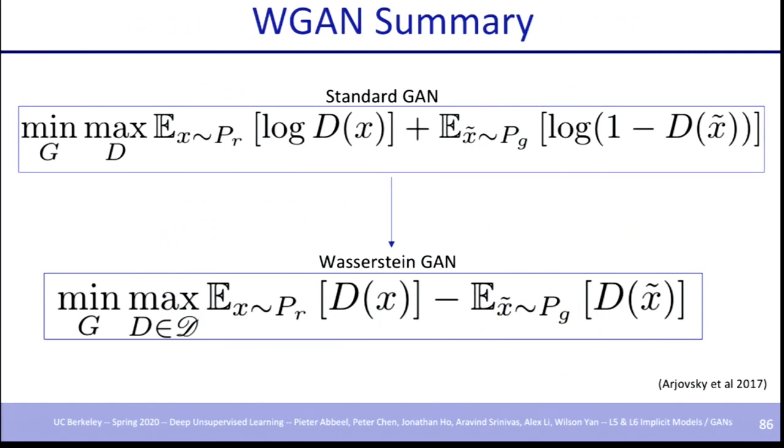So the summary of WGAN, in my opinion the most useful summary, is that you're basically moving away from the saturated binary classifier version of GANs to something like a critique, where D is a critique, and your generator is just optimizing this particular objective. And this max over Lipschitz families is basically implemented with weight clipping.